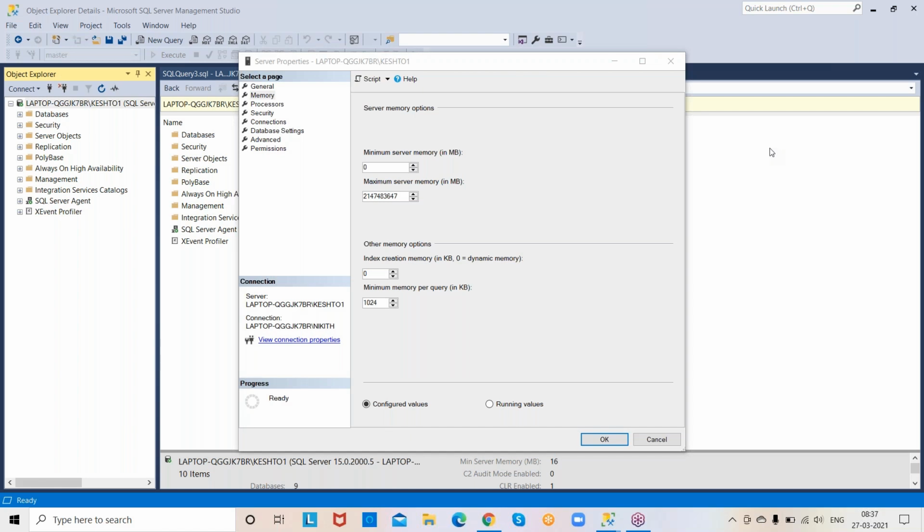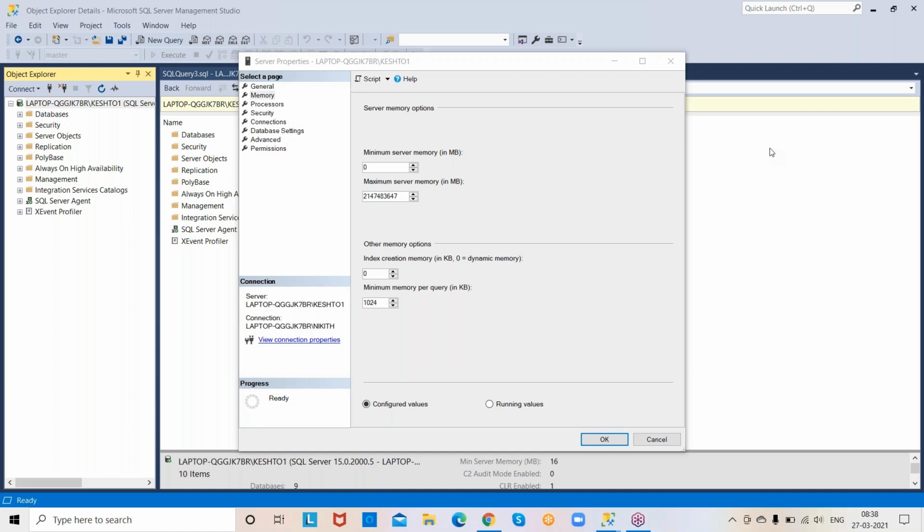Minimum 0, maximum 80%. The important point is the remaining 20%. I said 0 to 80% for SQL Server minimum and maximum RAM. What about the remaining 20%?